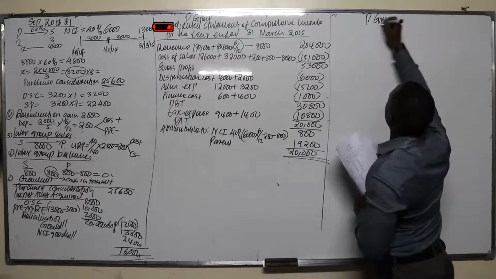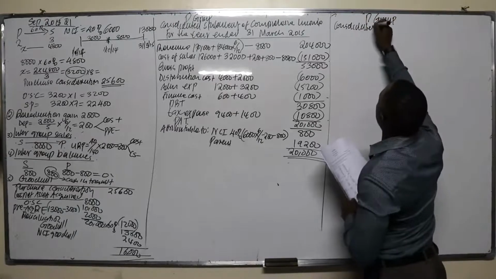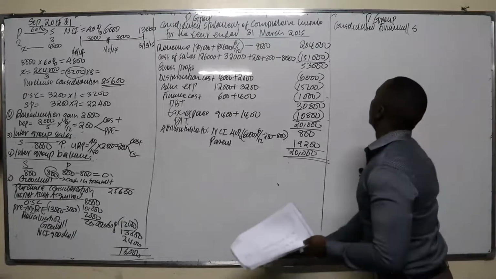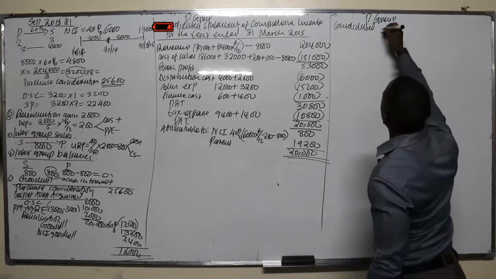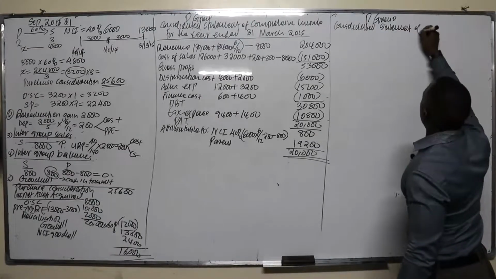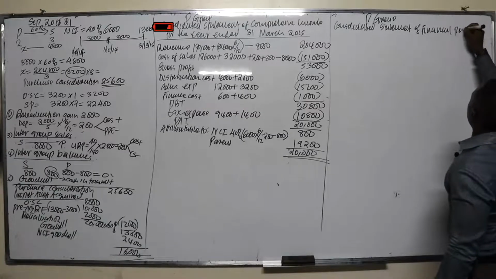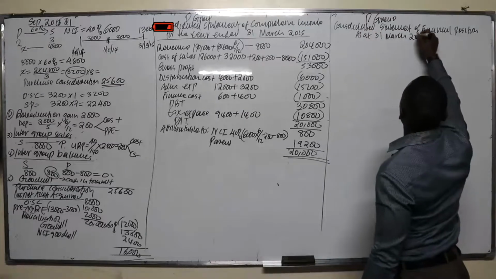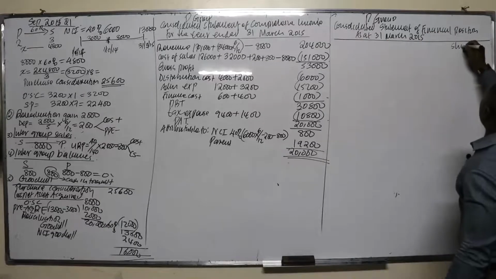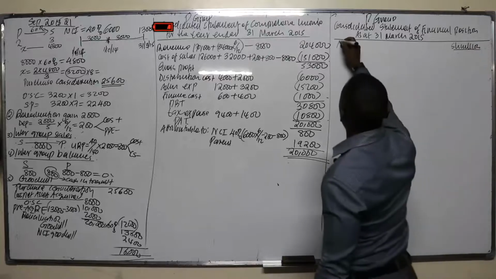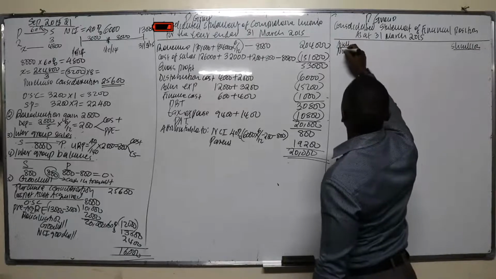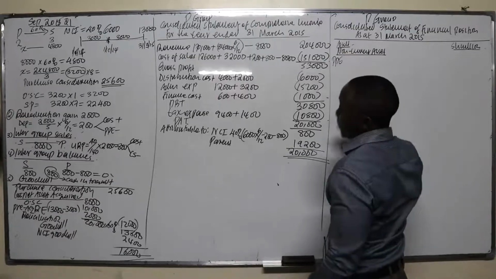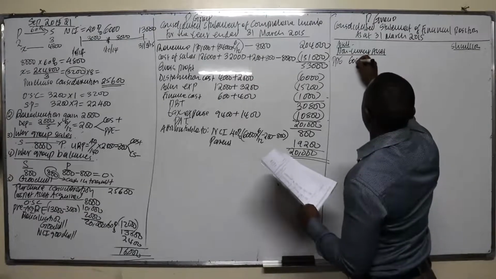P group. We present the consolidated statement of financial position as at the 31st of March 2015. So our shillings are in millions. We have the assets. What do we have for the assets? We have non-current assets. We have PPE. What do you have for PPE? 60,900. You add